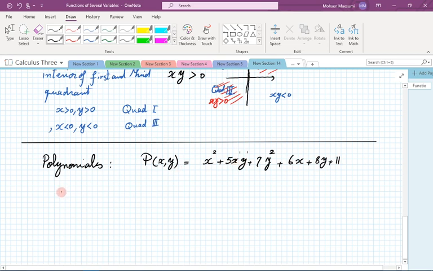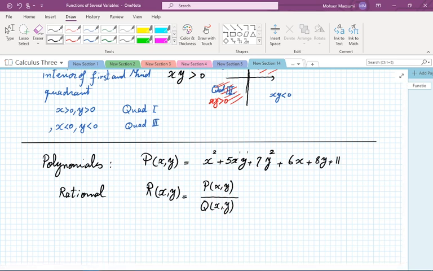Then we have rational functions. Rational functions, let's use the letter R. So that would be ratio of two polynomials. So if I have one polynomial, typically polynomials referred by P and Q and such, and then another polynomial, and I take a ratio of them, well, I have a rational polynomial. Then I can have, of course,